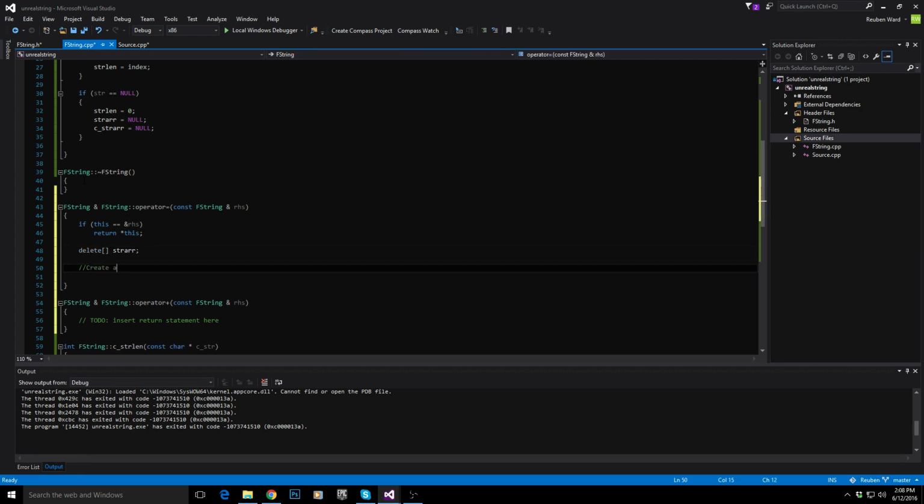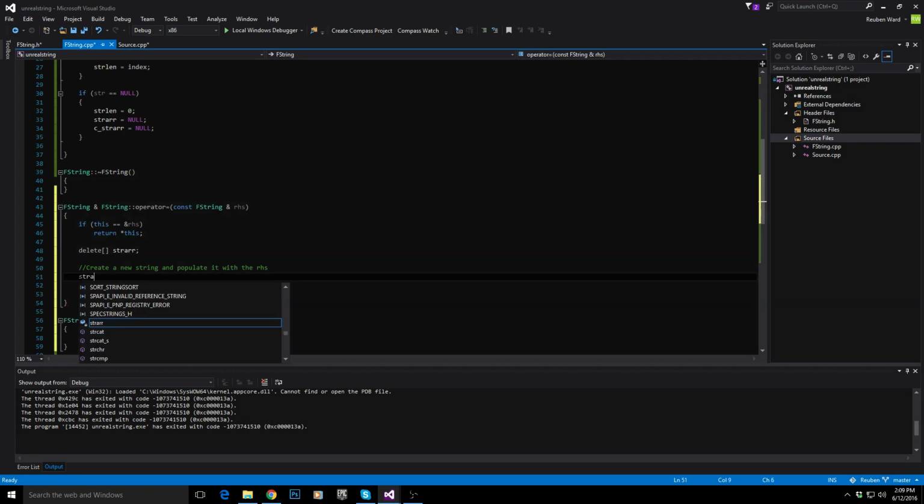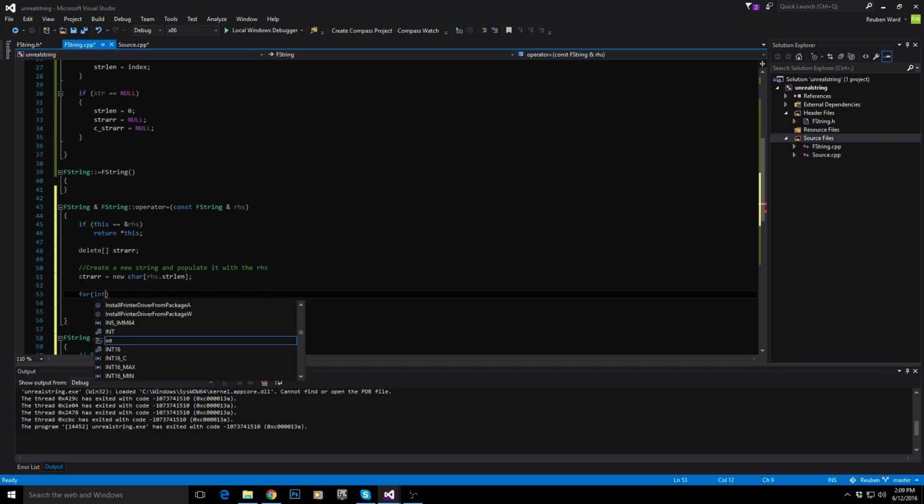Now what we're going to do is create a new string and populate it with the right-hand side. The right-hand side being, if we were to say my name equals last name or whatever. When we say right-hand side, we're talking about the right-hand side of the assignment, right? So we're going to say string array is equal to new char, and that's going to be the size of the right-hand side string length. And then we're going to make